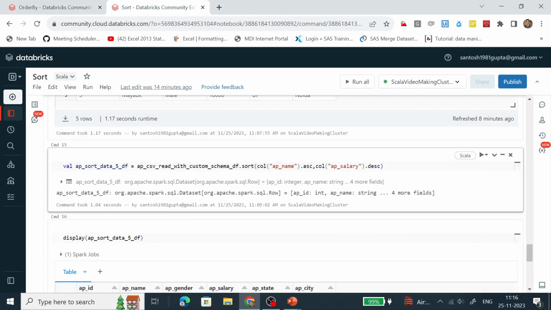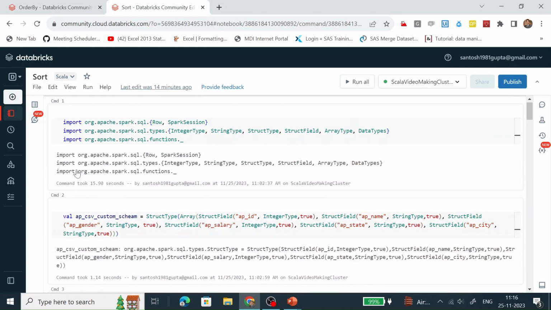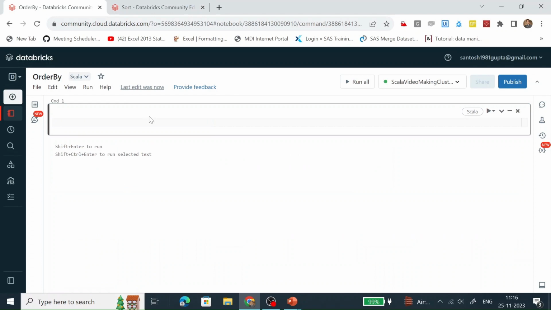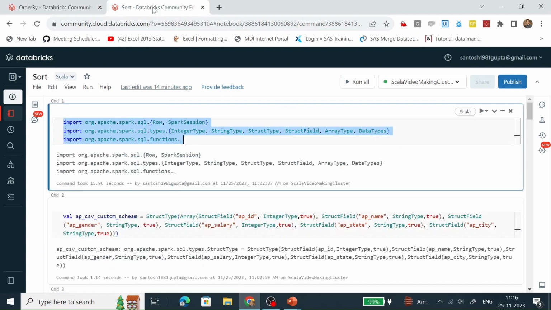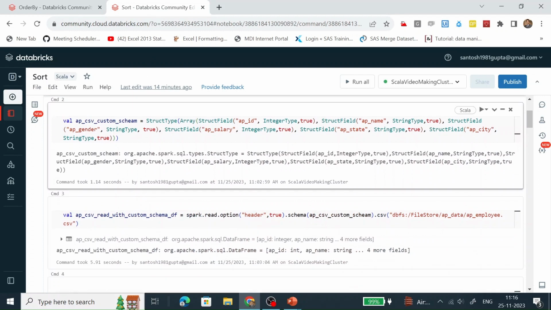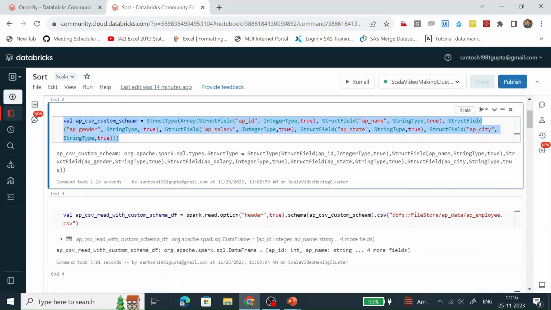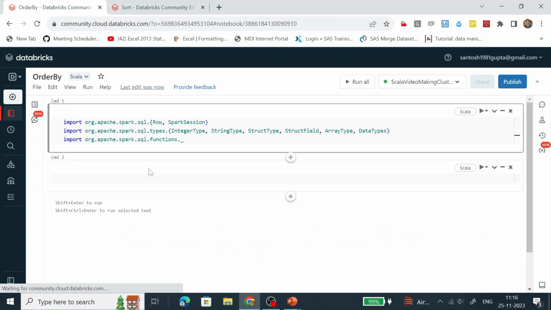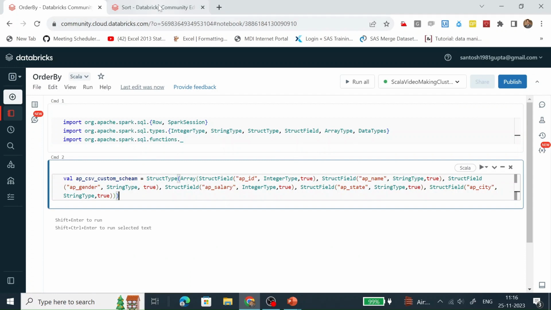Now let's copy the code till the creation of a data frame by reading a CSV file. This piece of code block will import all the required libraries. This code will create a custom schema.